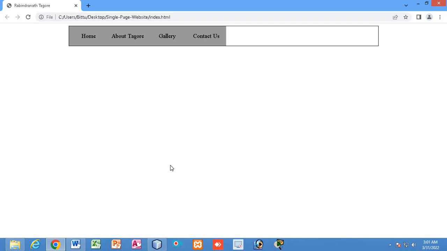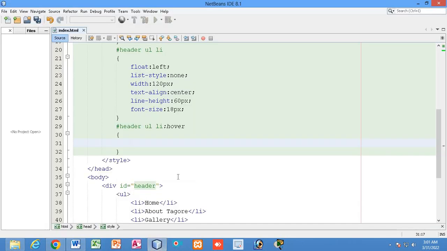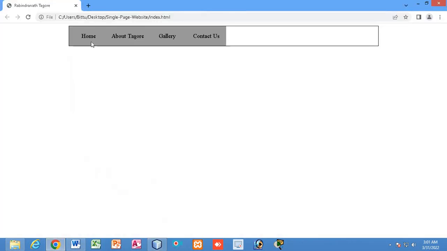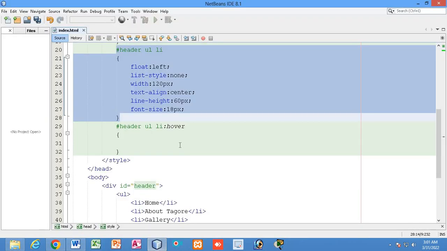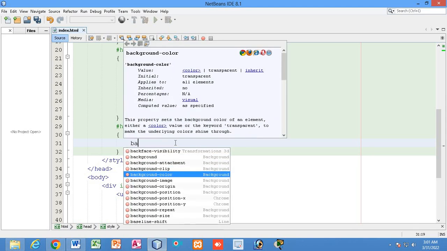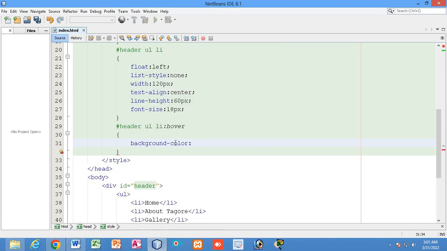So that is how you can use the hover effect. You can see before the hover this will be the CSS property, but after the user brings the mouse over this li, that is list item, that is the menu, then I will just change the background. So I will write the background color will be,